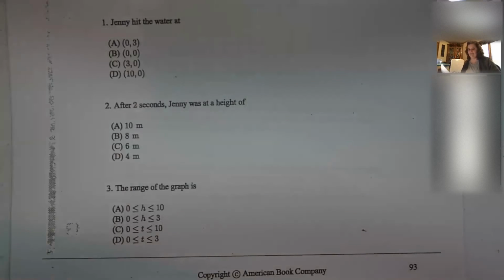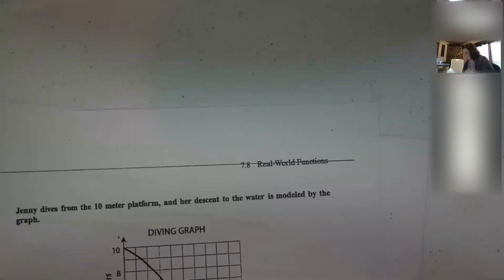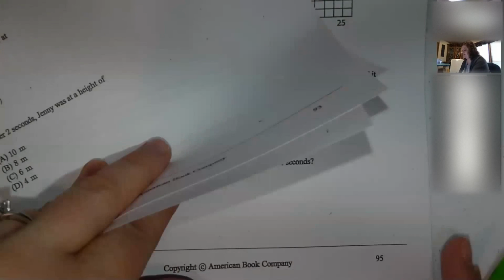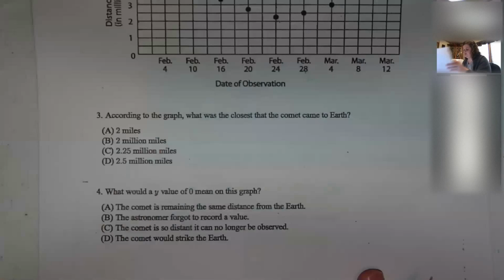Okay? Then you'll also have page 95, which if you look at page 95, there's 2 questions on page 95. And you'll have page 96, which the good news on page 96 is there is only 2 more questions. Okay, so